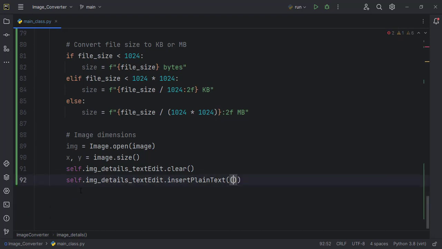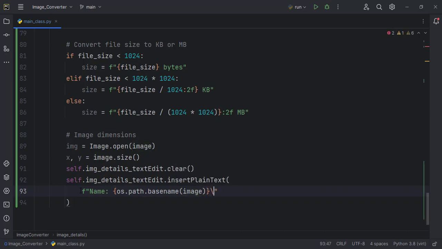Don't really need this extra spacing, and then we'll insert a string. Here the first one will be the name, which will be os.path.basename of the image,